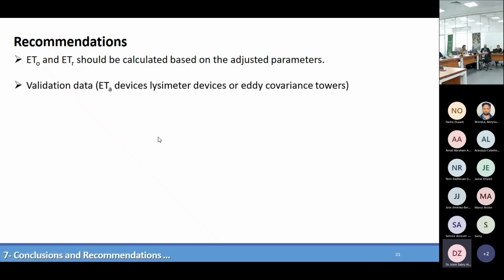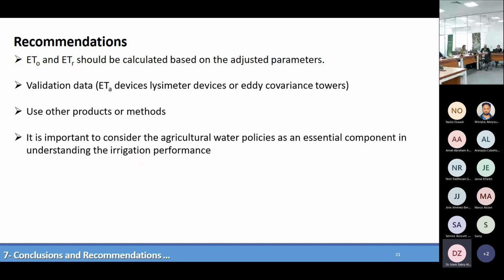That's why it is recommended to have some validation data for any area, even if it is a farm or lysimeter devices. Eddy covariance proved to be one of the powerful tools for data validation. Also, it is recommended to continue the research by using and introducing other products and